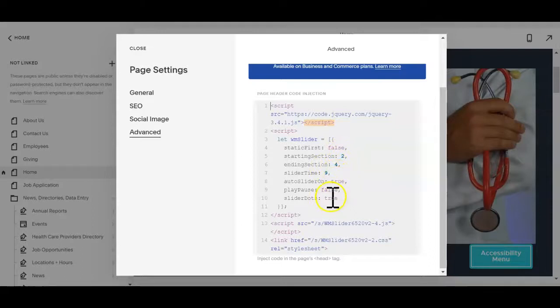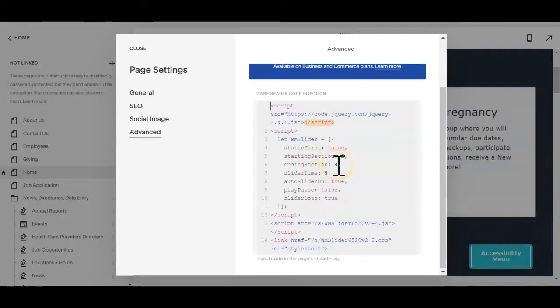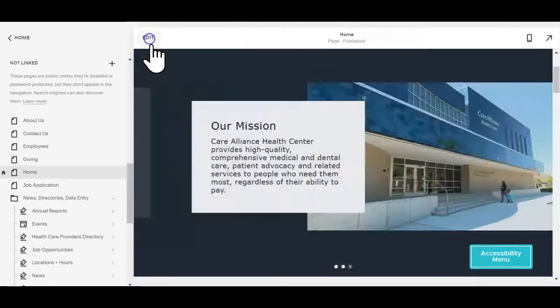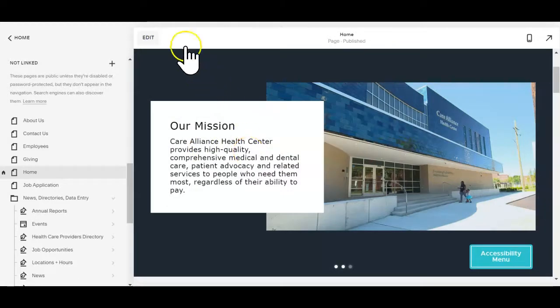You would want to add another image section and tell this that you want it to end at section 5 if that was the case. You could also speed it up or slow it down. But again, this was designed with best user experience practices in mind. And so the way it works,